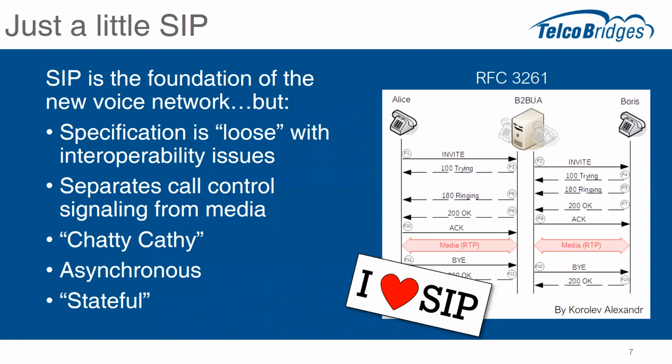Next, we kind of kid it and call it a chatty Cathy. There's a lot going on with SIP. As a matter of fact, that diagram on the right is a basic voice-only call. You see the invites going back and forth, the 100 trying, the 180 ringing, 200 OK, the ACKs. What you don't see is all the SDP going back and forth, and of course any registrations or subscriptions or notifications, any of that. There's a lot going on with this protocol, and keeping track of it all can be a challenge.